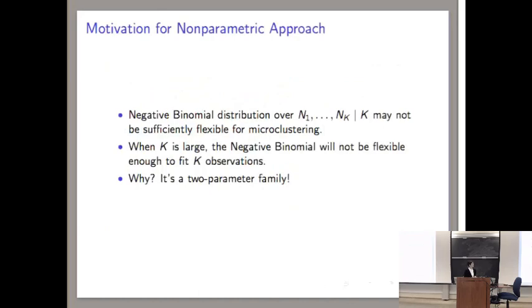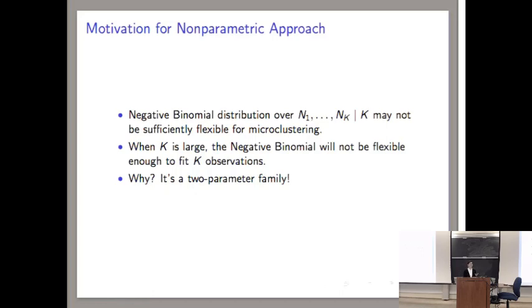So in the second model, what we wanted to do is we thought about, as we were running the experiments, well, the negative binomial over the cluster sizes k may not actually be sufficiently flexible for microclustering. And so we were thinking about this as we were writing the paper and also building it. So if we think about the case where k is very large, the negative binomial won't be flexible enough to fit, for example, k observations, and hopefully this is quite intuitive, and the reason is it's also a 2-parameter